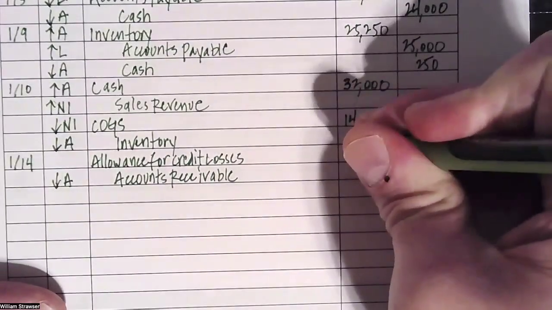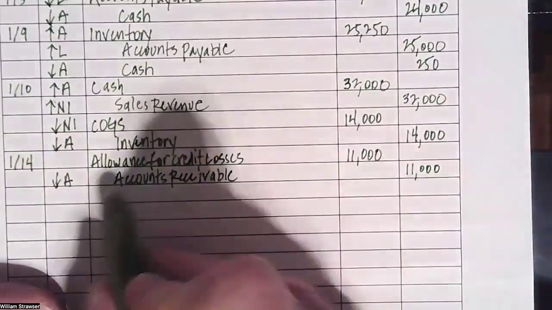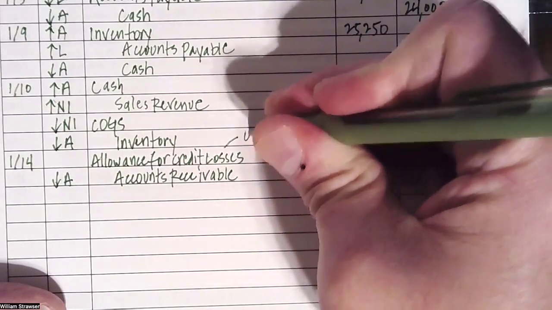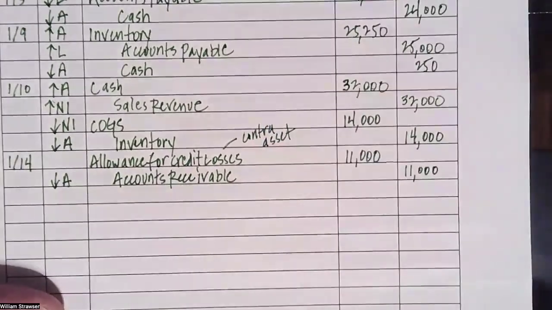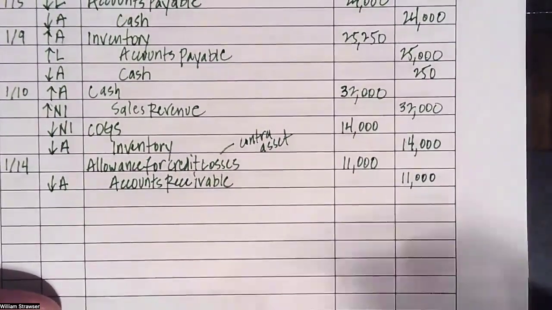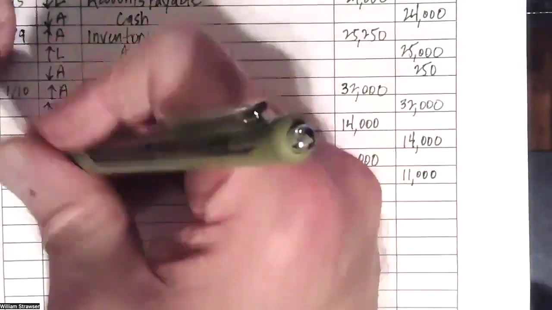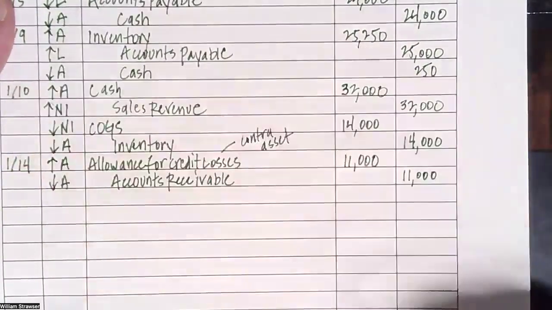And we would want to debit it by 11,000. Now, the allowance for credit losses is what is called a contra asset account. Just so you know, it's not a liability, it's not equity, it's not net income. It is an asset. As we debit it, assets go up